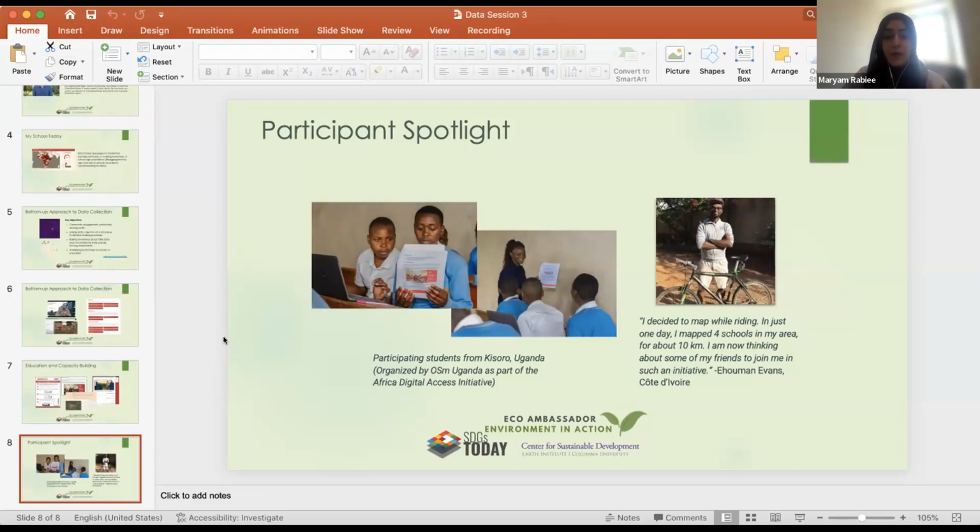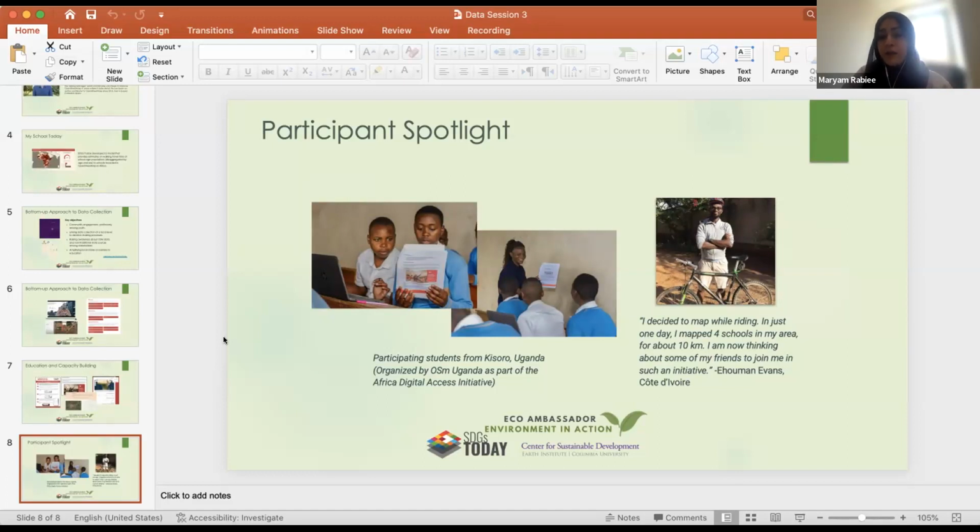I wanted to highlight that our colleagues from OSM Uganda shared a couple of photos with us where students are using one of the participation guides that we have to learn about the SDGs, but also to use that to map their schools.